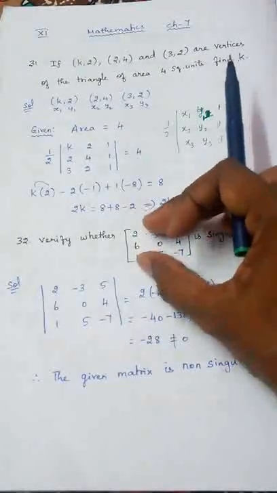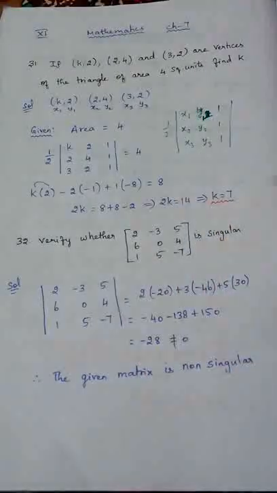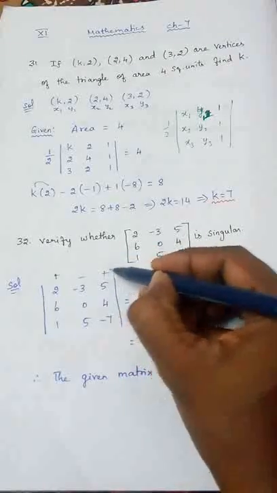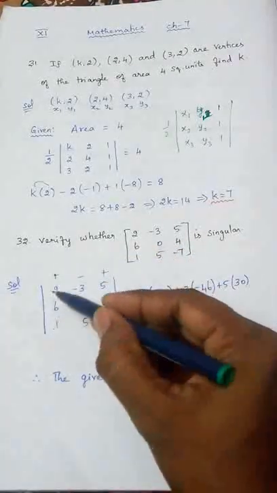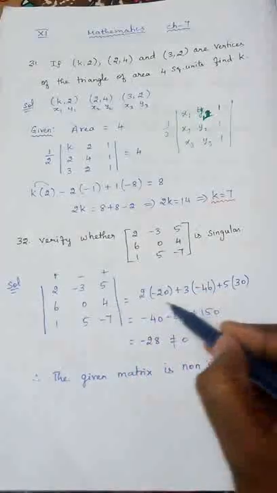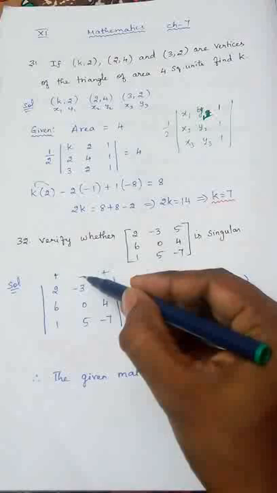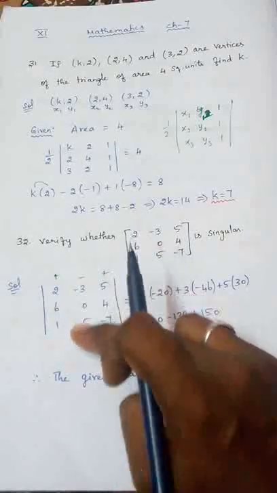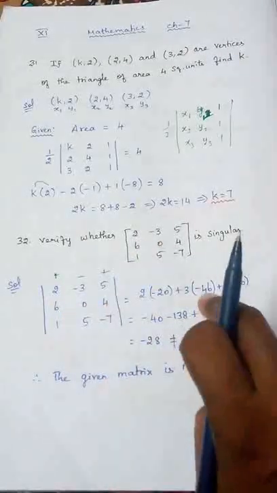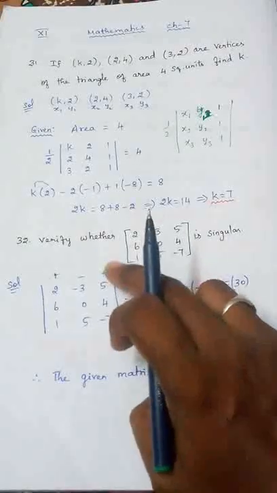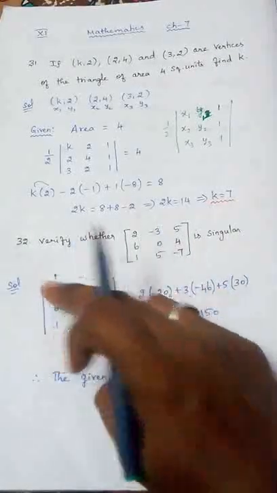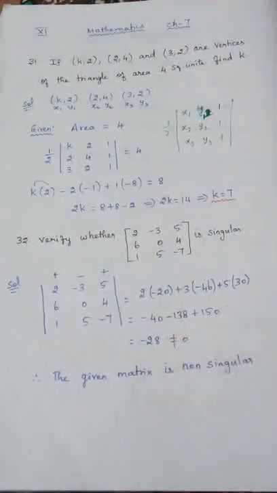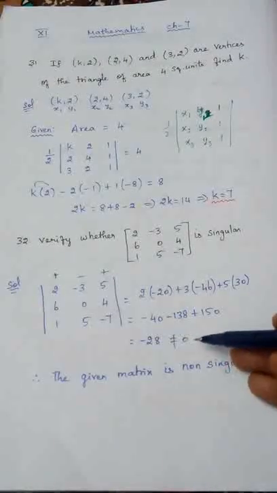So take all the elements and put them in the determinant symbol. Expand this determinant. You know how to expand. This symbol is plus, here it is minus and it is plus. So plus 2 into, leaving this column and this row, cross multiplication, you will get this answer. Similarly, minus is the place symbol here, so already one minus, so plus 3 into, leave this row, leave this column, cross multiply, simplify, and I have written the answer directly. Plus 5 into, leave this column, leave this row, 6 5s are 30, minus 0, so 30. Simplifying, we get minus 28 as the answer, which is not equal to 0.